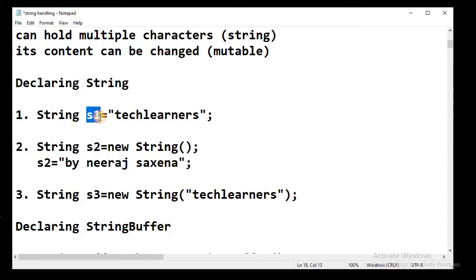So we can simply make a variable s1 and assign the value in double quotes. Yes, the string value is enclosed within double quotes. Later we can change this value, but remember, if we change the value later, then a new object will be created for that particular string.